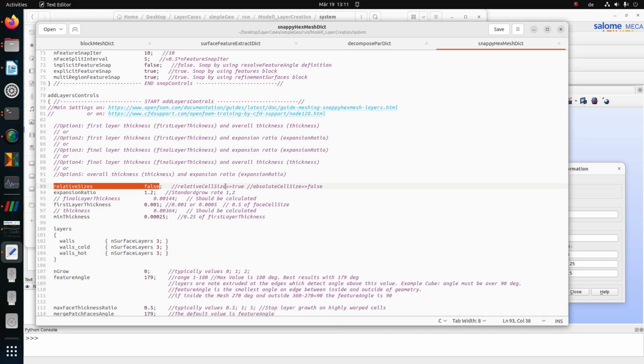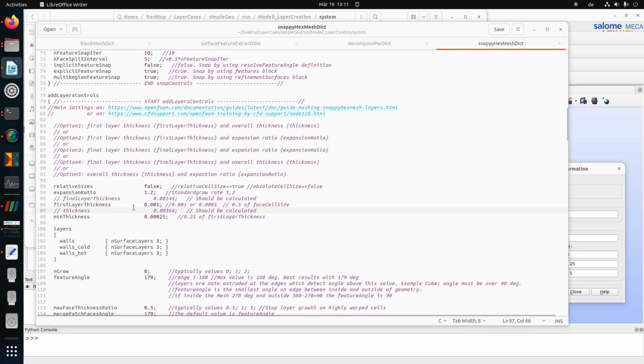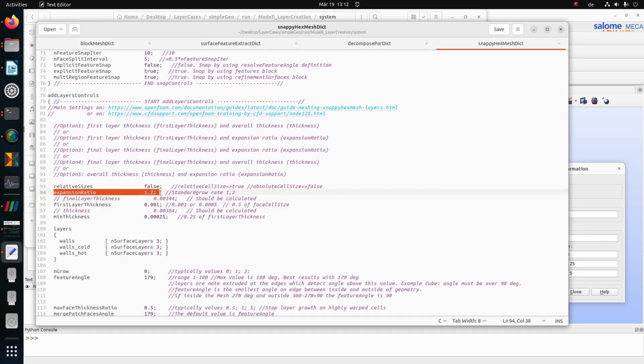Why this? I don't like the different size of layers in the mesh, which is caused by relative size true. The expansion ratio is like 1.2 as usual. So first layer thickness is freely selectable. First layer thickness here. However, for me, this size is always related to the minimum cell size on the surface where this layer addition